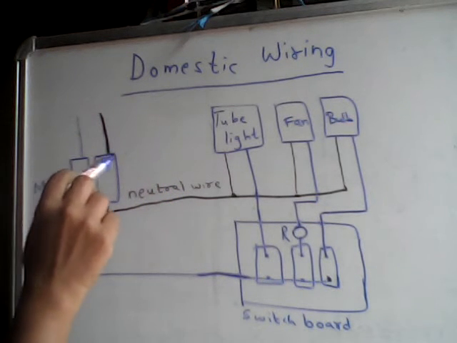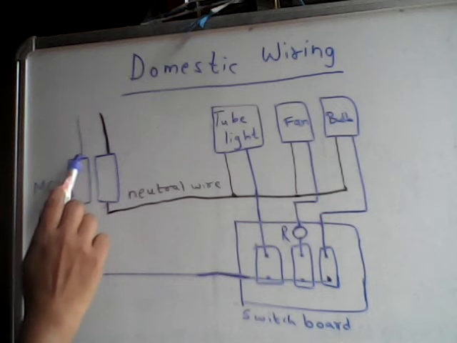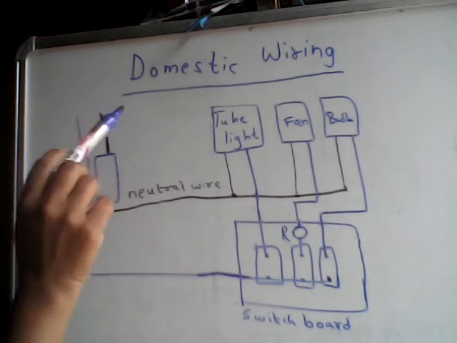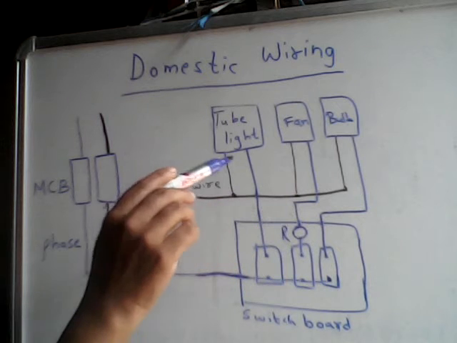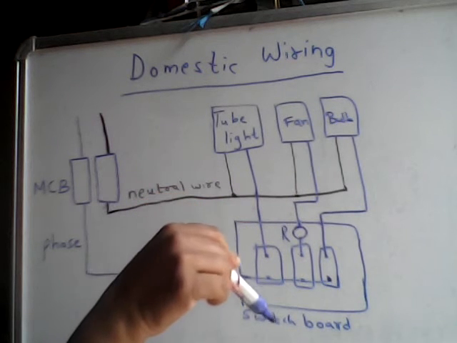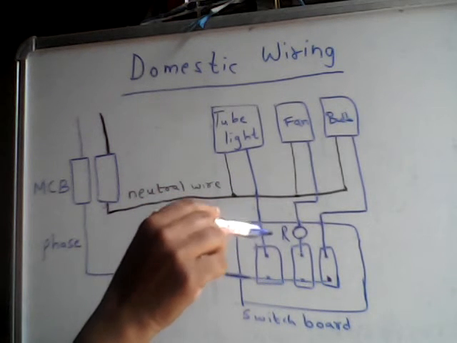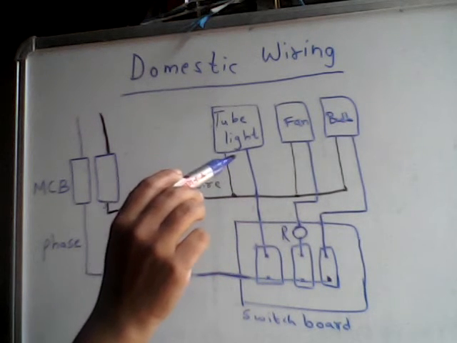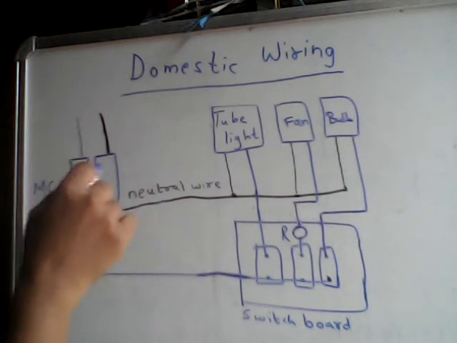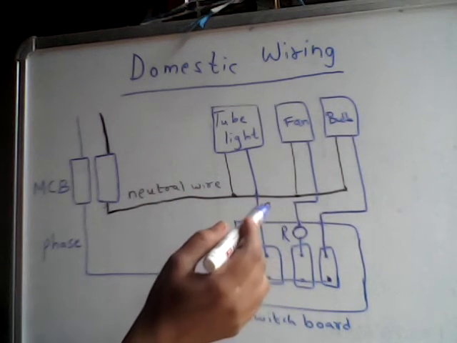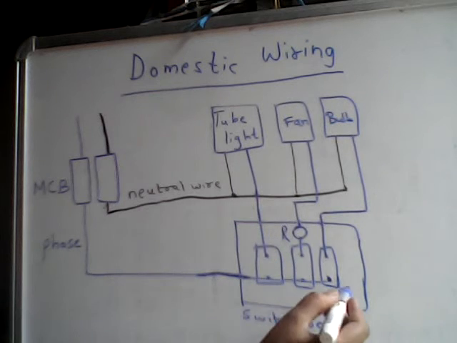So we can see that there will be usually three wires coming. Two are the wires which are called as phase and neutral, and one more is used for grounding purpose, and that will not affect. It is grounded so that we are safe from the short circuits and all. So this is how the working of the domestic wiring